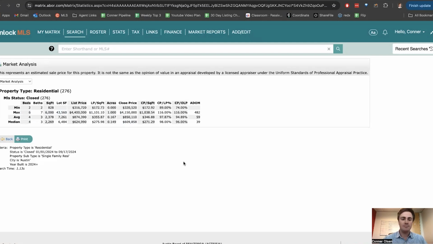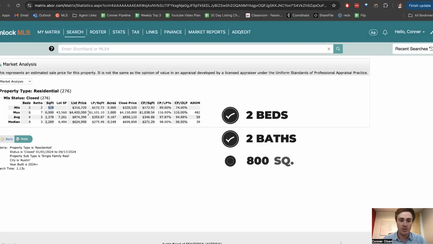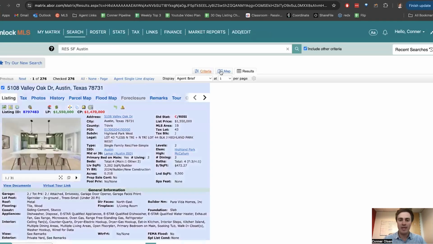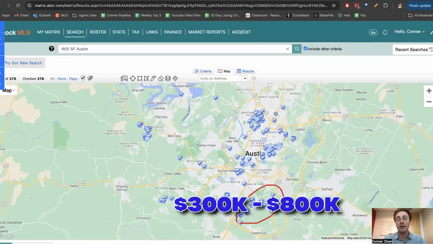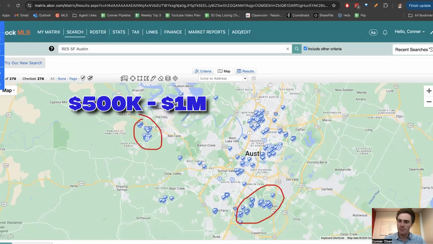So this is a wide range. This is a lot of those infill lots that are close to downtown, but there's also some of these more cheaply priced homes. For example, the smallest one was 2 bed, 2 baths, 800 square feet, sold for $300,000. So you have the wide gamut, depending on where you're looking specifically. Down here, I can tell you that the homes in this area will range anywhere from $300,000 to like $800,000. Over here, you're probably at $500,000 to $1 million. And then in here, you're anywhere from $700,000